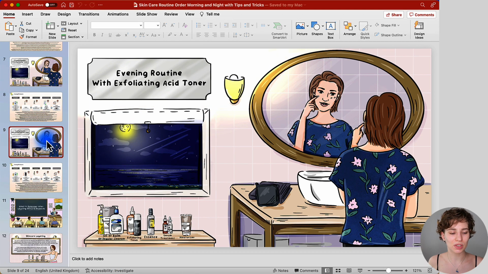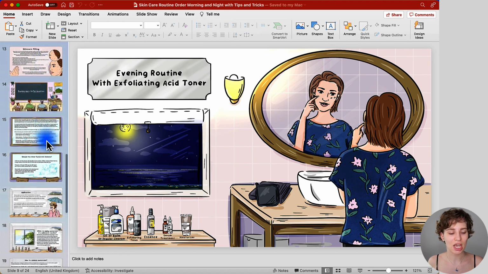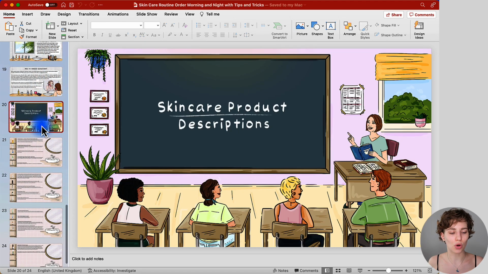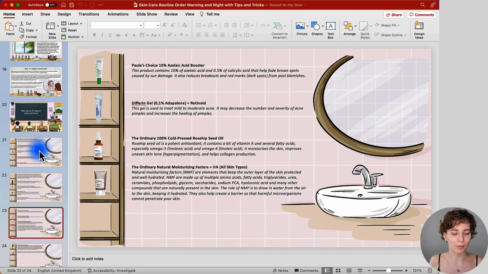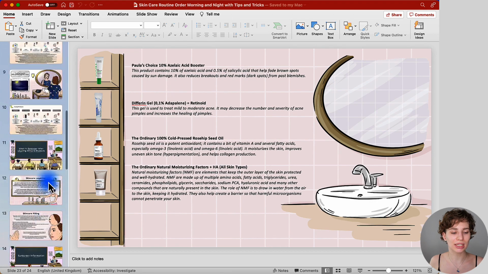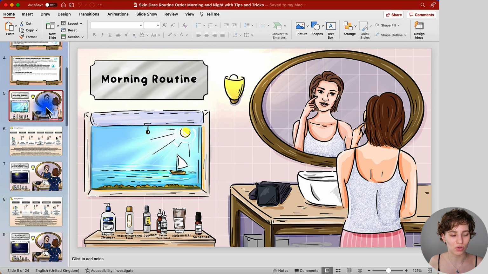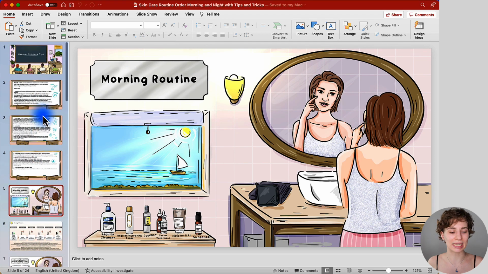But I do want to emphasize that if you want to go over the individual products that I've included in my routines, you will find it at the very end of the PowerPoint. There you can see the description for whom they are suitable and what they can do for you. I'm not going to cover this in too much detail because I want to keep my main focus towards the order of application. Now, I can already tell you that I did include all the steps possible, but not all of them are necessary. Only choose the specific skincare products that are targeting your skin needs.